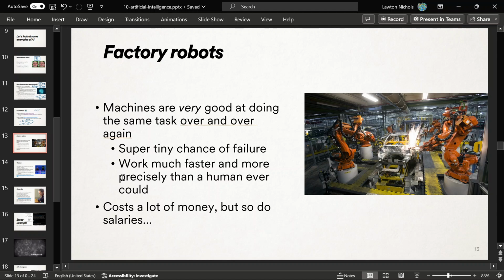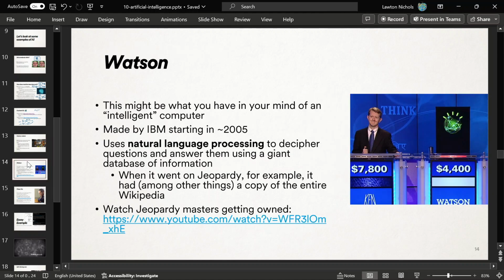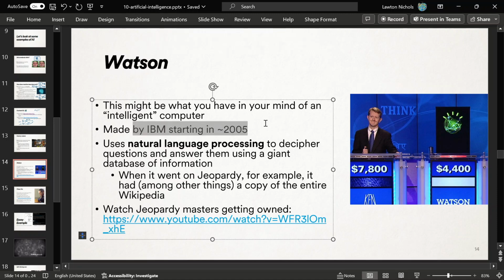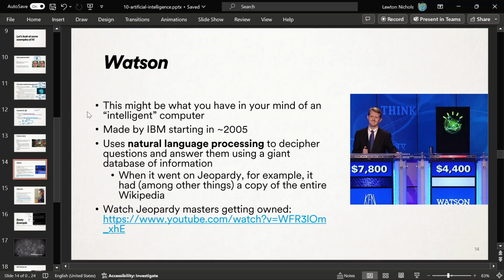So that's the thing. One cool thing that you may have seen, this feels like artificial intelligence, is the Watson supercomputer that was on Jeopardy. Have you ever heard of that? It's been a while since they did that, but this is a cool idea of an intelligent computer, artificial intelligence. So Watson was a supercomputer made by IBM starting in the early-mid 2000s, and what it does is it used what's called natural language processing